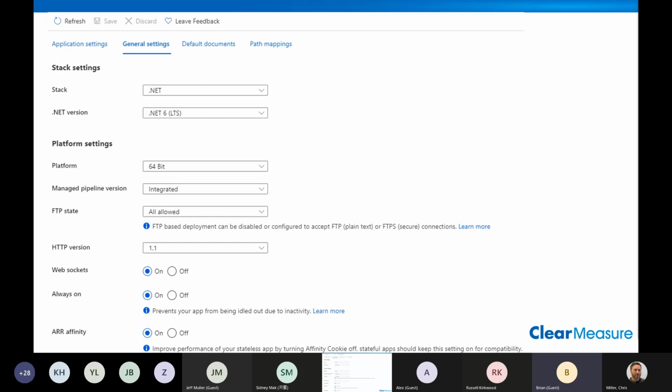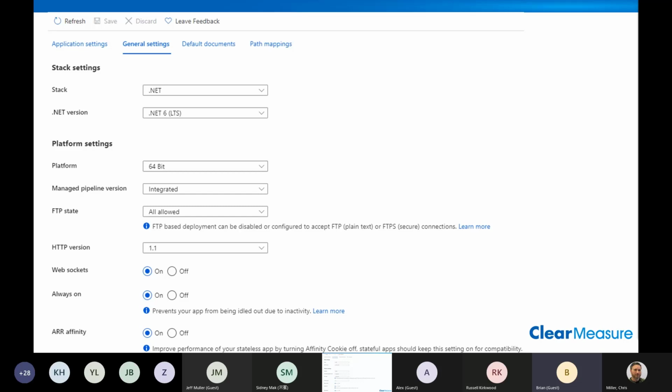Okay. Just jumping down to WebSockets, again, the free tier, and maybe they'll change it at some point, but your free tier doesn't support a lot of these settings. So once you get past the free tier and onto the premium, you want to come in and make sure these settings are on. WebSockets, if it's off, SignalR is going to fall back to long polling, and while it can functionally work a little bit slower, it's going to use up a lot of CPU just because the web server is using long polling. So you want to have WebSockets on so that your browser can properly keep a persistent WebSocket open back to the server.